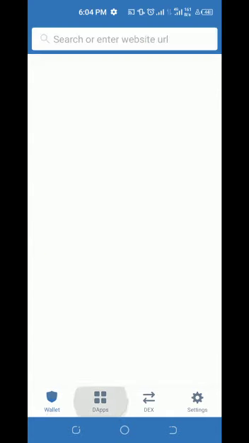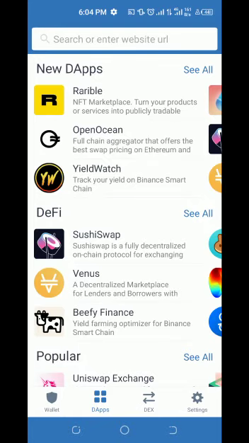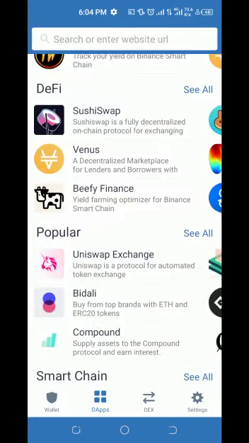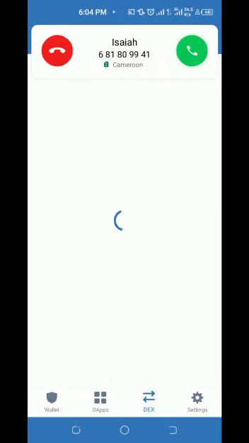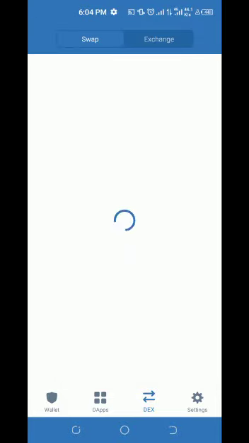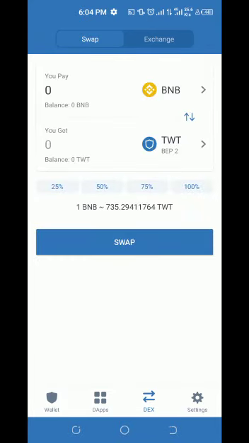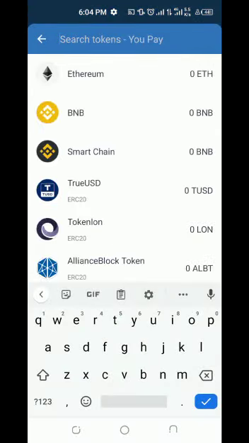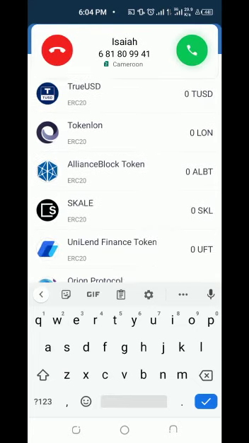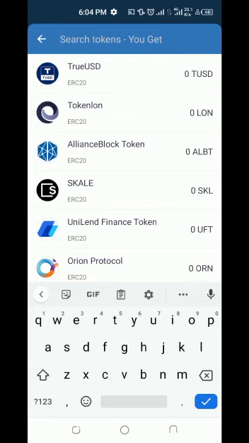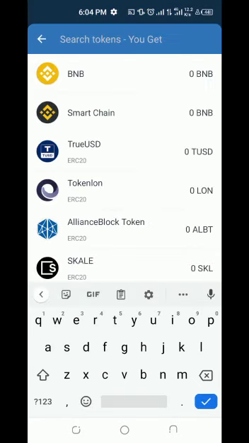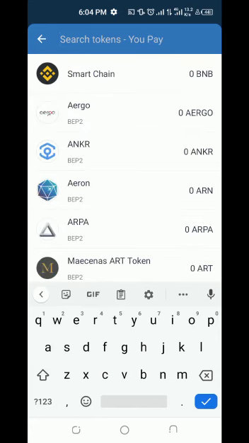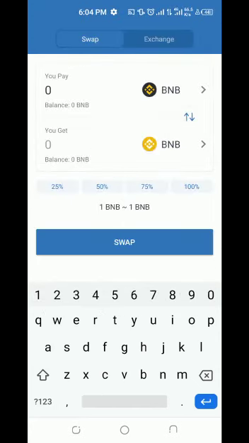So you can move to the apps. That's the second icon, bottom of your screen. So it has a lot of news and updates. You can move to Dex, which is the third icon, bottom of your screen. It's still loading. So yeah, it is like a swapping site. You can actually swap, let's say, Ethereum to Theta USD, or maybe to BNB, which is Binance Coin. You can actually swap one coin to another,